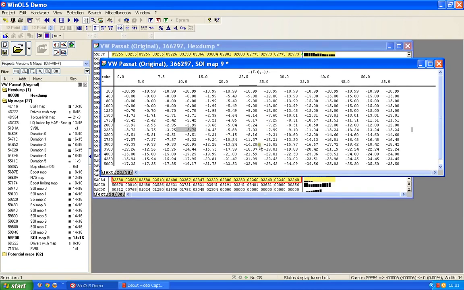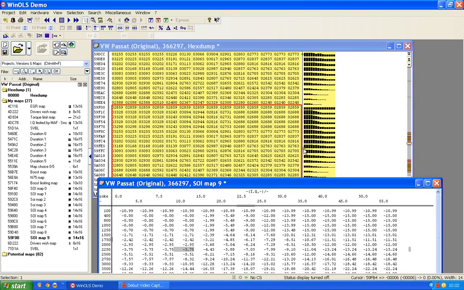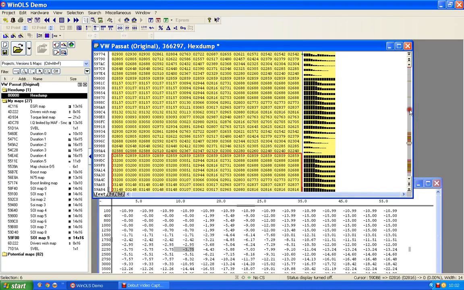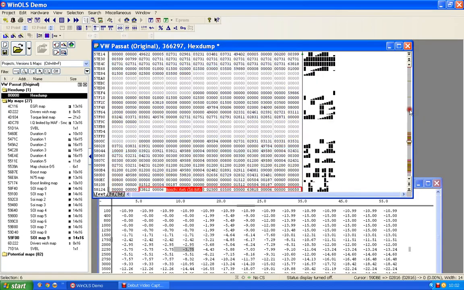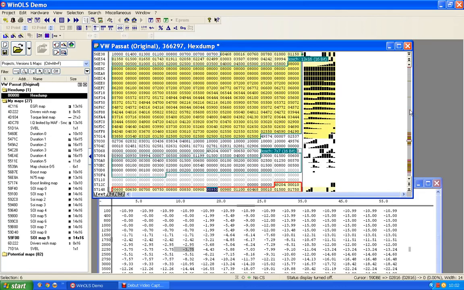So I'm going to ignore these minuses in my own mind when I'm looking at this, and I'm going to say to myself, okay then, so what I've got is 0 here, so that's top dead center, and this is 2.95, so that's roughly 3 degrees before top dead center, and this one over here is 25.5, so that's roughly 26 degrees before top dead center. And I'm going to say to myself, well, does this now make any sense to me? Well, the easy way of asking that and answering it is to go and look at the duration maps again, isn't it? Because if I go back and search for a duration map,